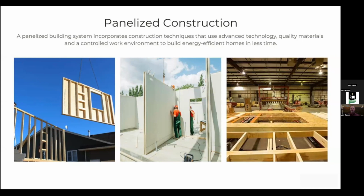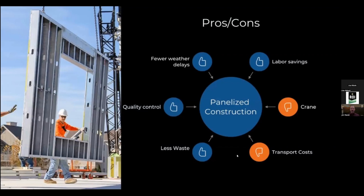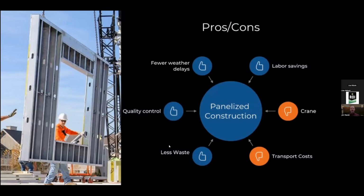You're going to save some time. There are fewer weather delays. Transportation and hiring a crane, that's all going to be necessary to implement a building like this. Quality control is much better in a factory environment, of course. So there's a lot of benefits to this, and I've seen some really interesting models out there where people are